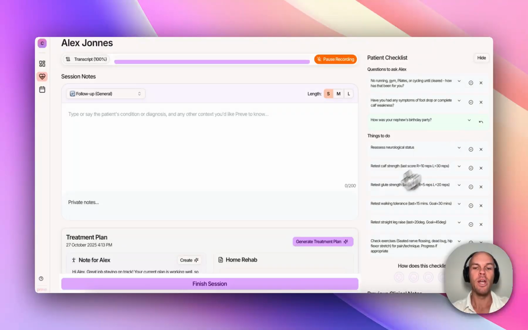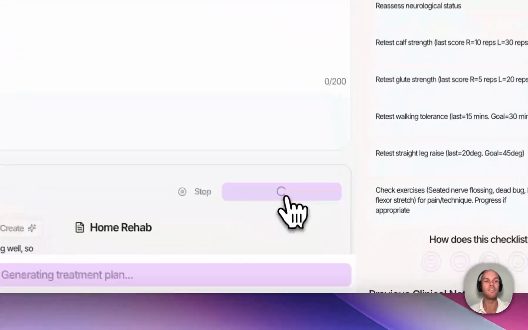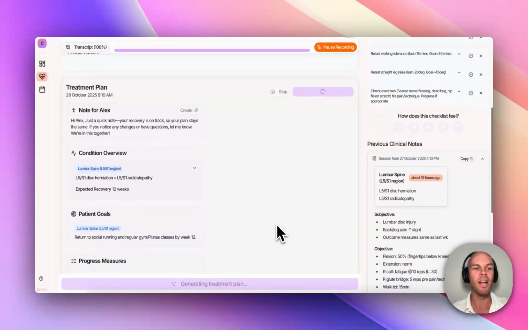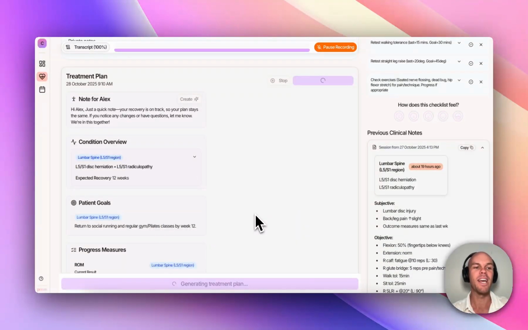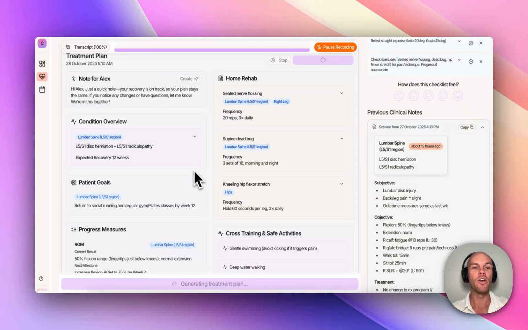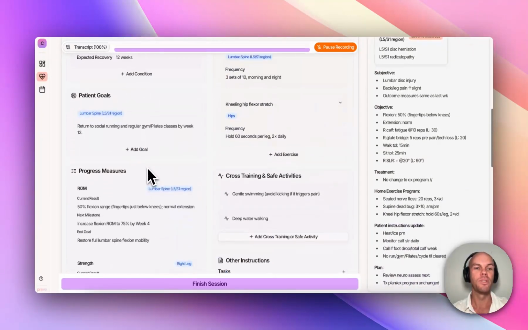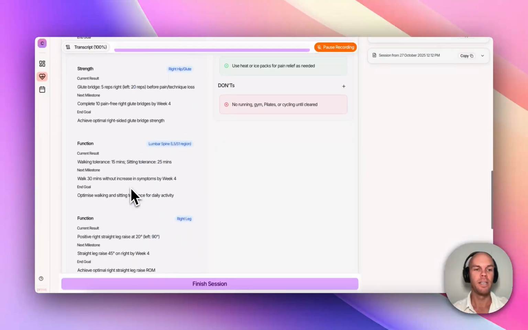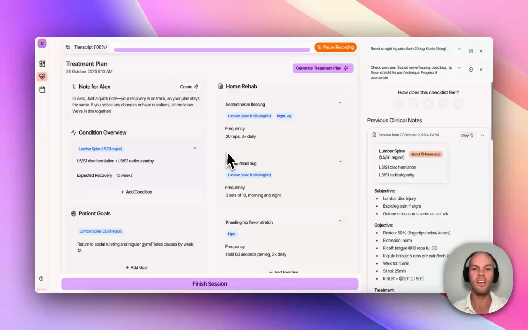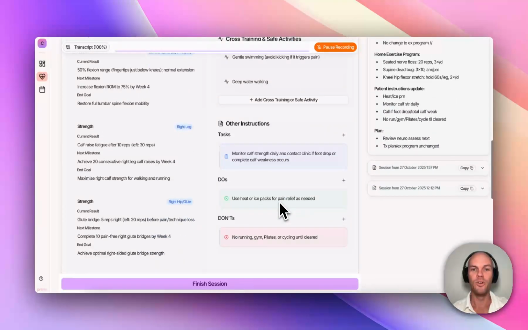I update Alex's treatment plan towards the end of every session to ensure she has the most up-to-date content in her patient recovery platform. Now watch the magic happen. Preve is updating her plan with all the latest content from this appointment. The diagnosis, patient goals, progress measures, important appointments that she needs to book in, all of her exercises, do's, don'ts,